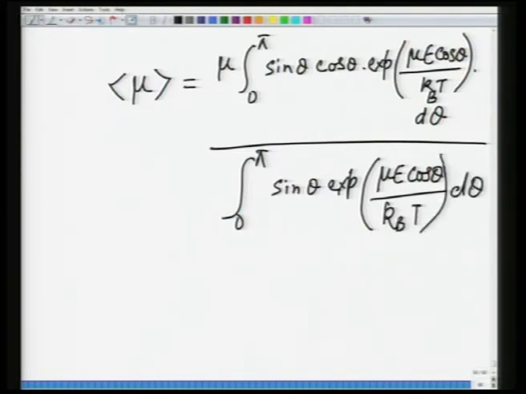So we have zeroed down to this expression for the average dipole moment,